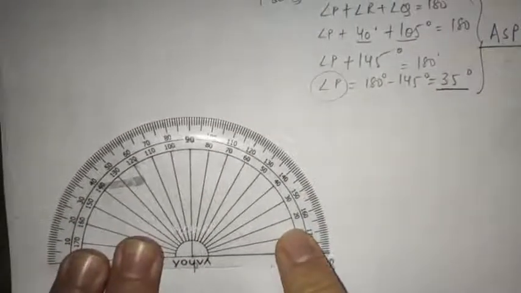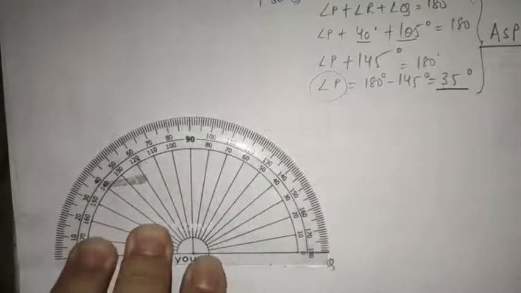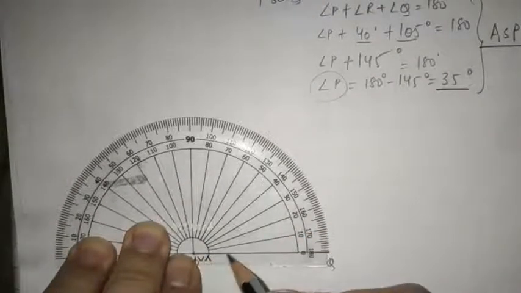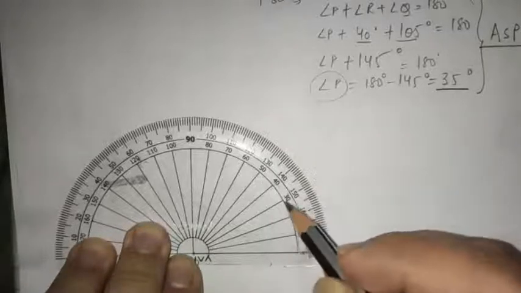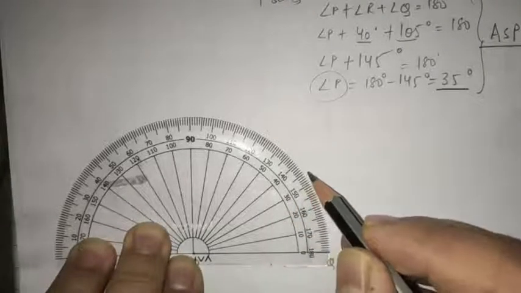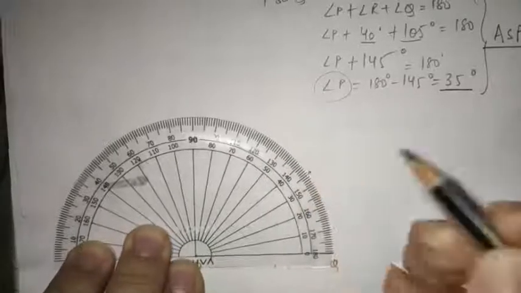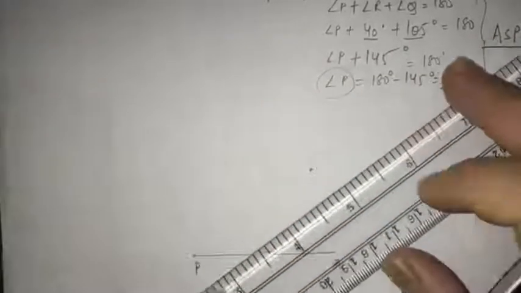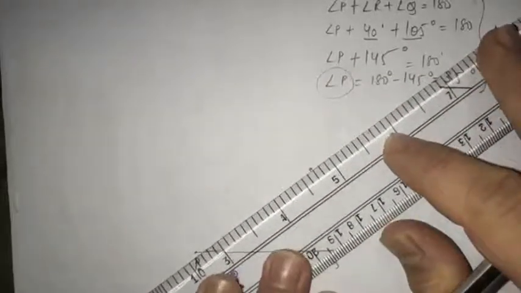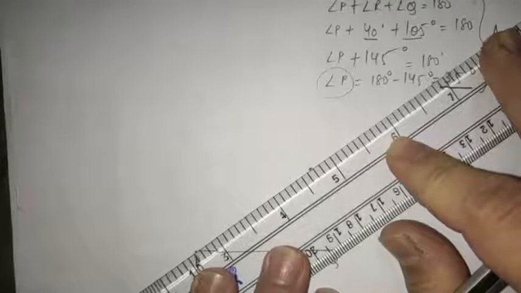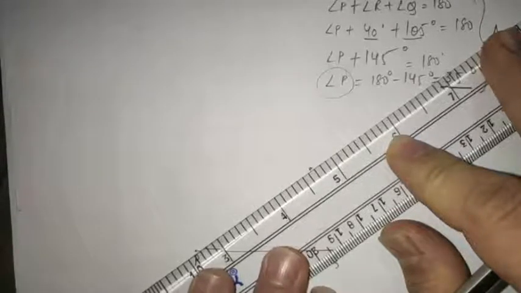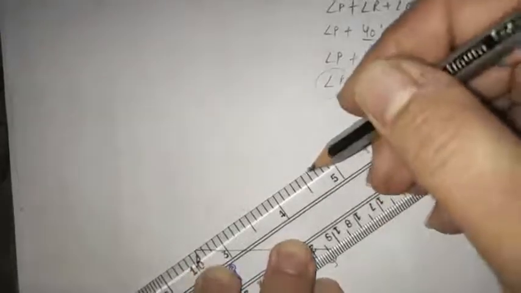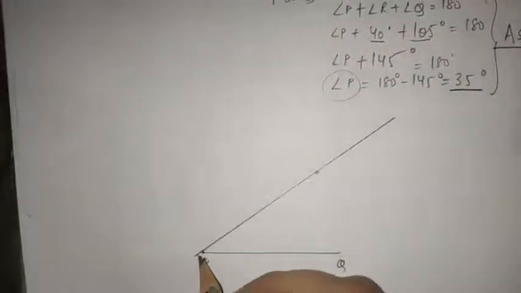Just see here. Okay, so this line is at the 0. Now where is 35? So 30 is here. Now here is 35. Yes, this is 35. Now join these two points, this point P and this dot, I have not given any name here. Yes, you can join now. Alright, so this line should be drawn.